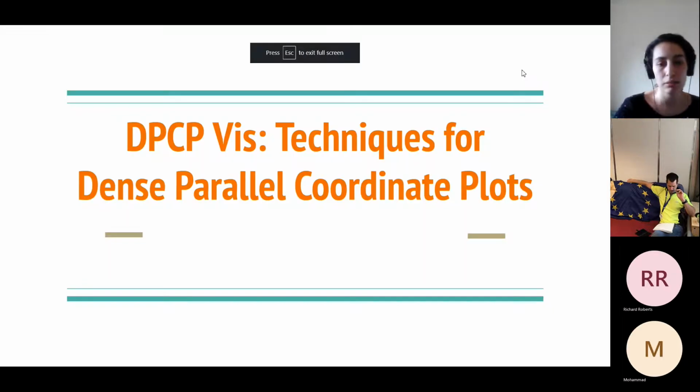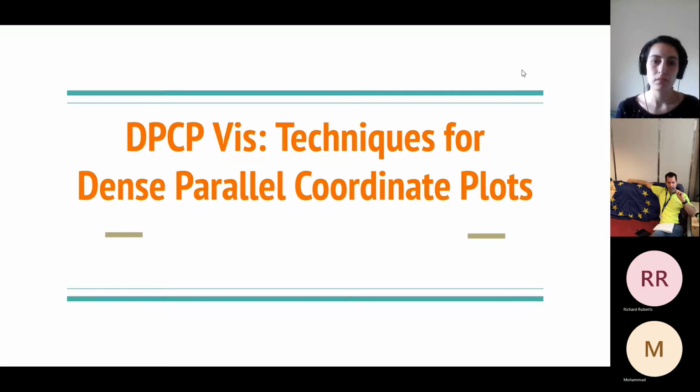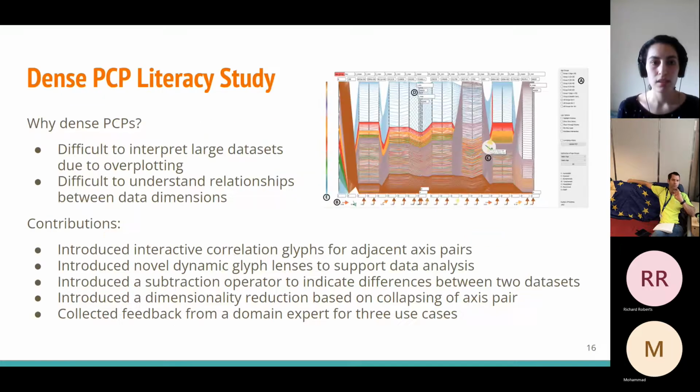So our last main chapter is on dense parallel coordinates, techniques for dense parallel coordinates plots. So why would we like to work on dense parallel coordinates plots? Because, as we know, it's difficult to interpret large data sets due to overplotting. And also it's difficult to understand the relationships between data dimensions. We thought that this is part of visualization literacy, because when it's difficult to interpret and understand the data, the trends and patterns in the data,